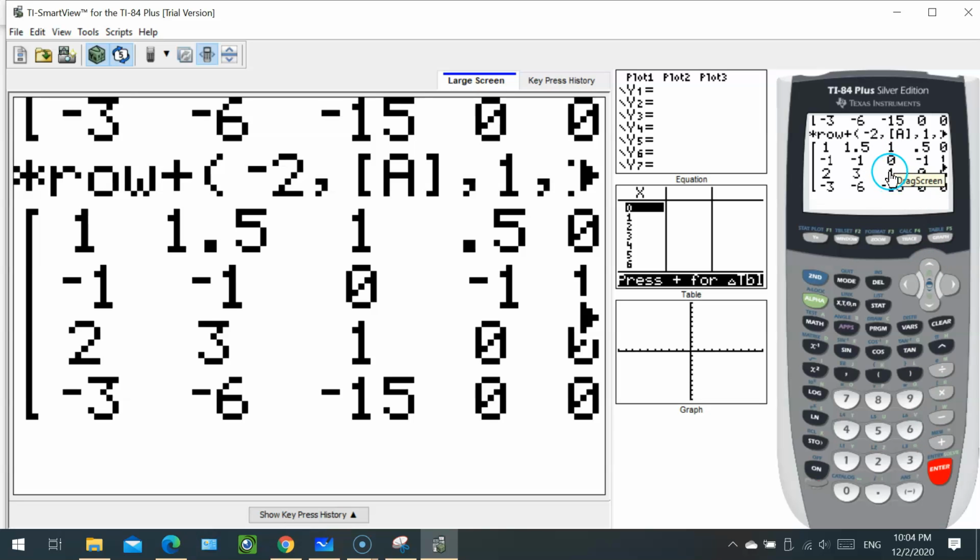Now we want to get rid of the row 3, this number 1, by using the command. So we click